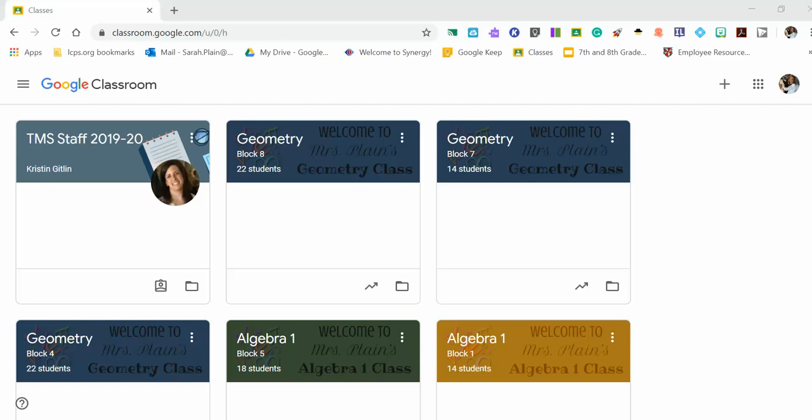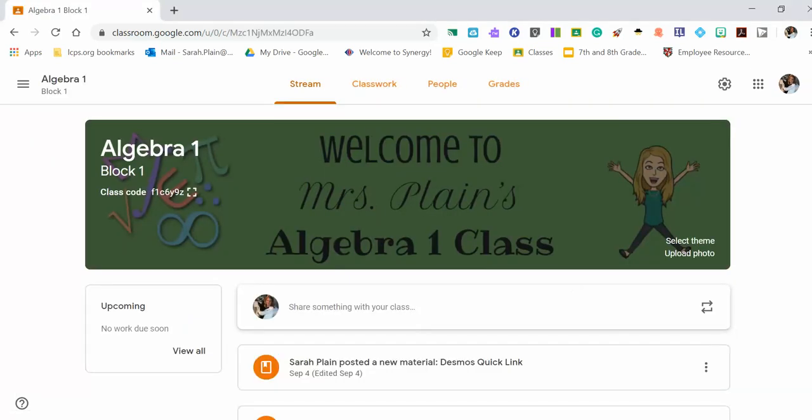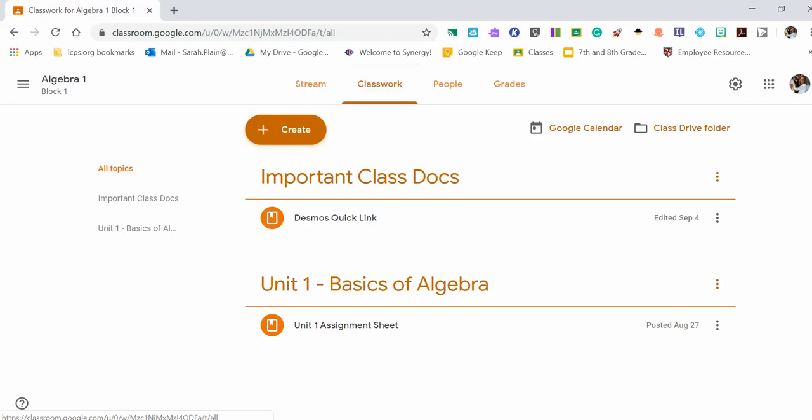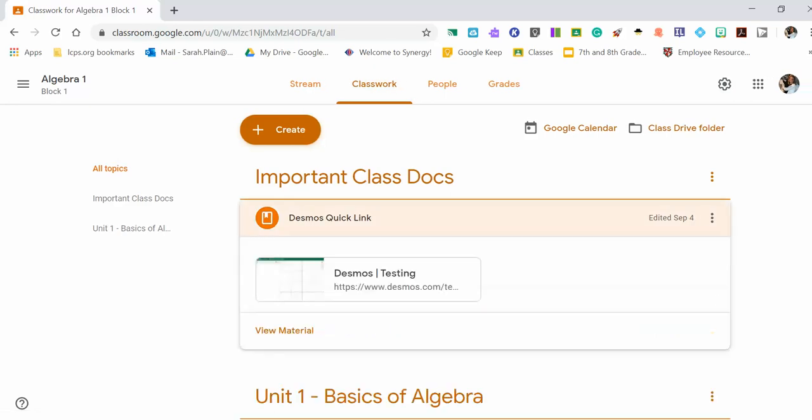In this video, I'm going to show you very quickly how you can access Desmos for Algebra 1. So the Desmos that you've been using in the past looks a little different than the Desmos you're going to be using for this class. So I want you to go into your Google Classroom account. And if you click on Classwork, I have the Desmos quick link right here, and you're going to